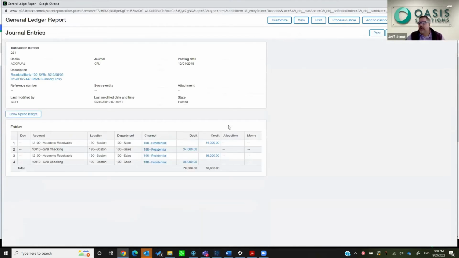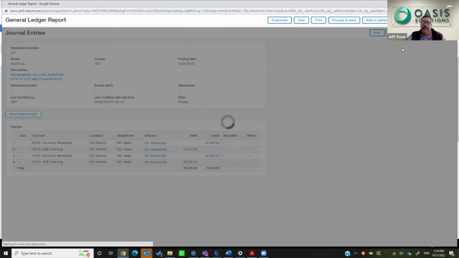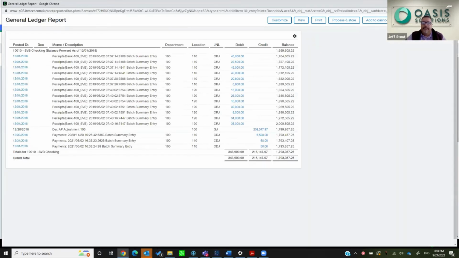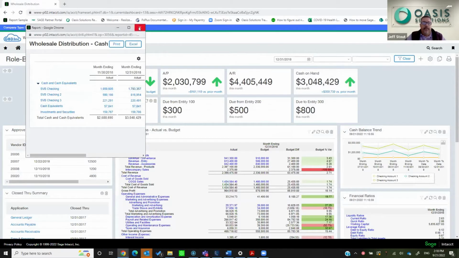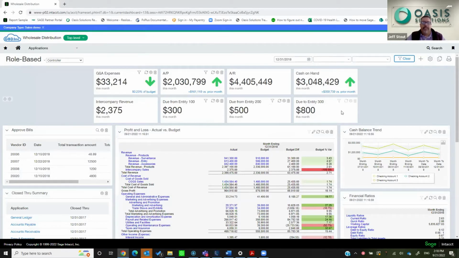So would that be a journal entry or a cash receipt, deposit, something like that, very quickly from the dashboard with a matter of 2, 3, 4 clicks, I can go from that summary information all the way down to the transaction level detail. All right. Now on these performance cards, you'll also see that I do have some conditional formatting that I can